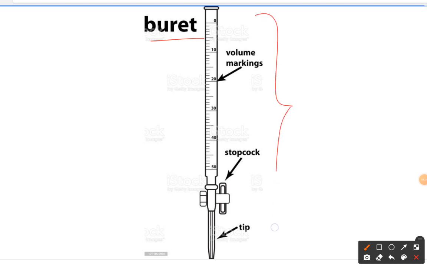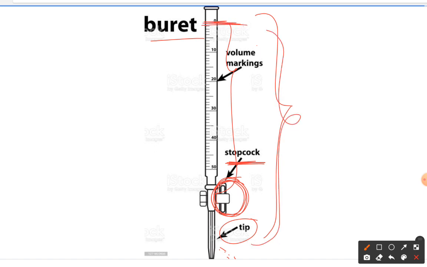This is the burette, and here you have the tip. From this tip the solution falls drop by drop. Here we have the stopcock. With the stopcock you can turn the flow on or off, so the solution falls or stops. By using this stopcock you monitor the flow, and with the marking you fill the solution up to the 0 mark. This has a 50 ml capacity, and here you can see the 50. The total volume it holds is 50 ml. This is the burette.